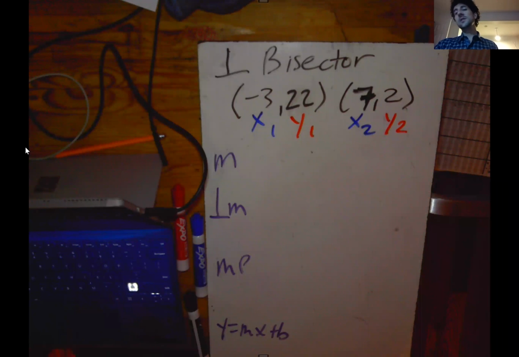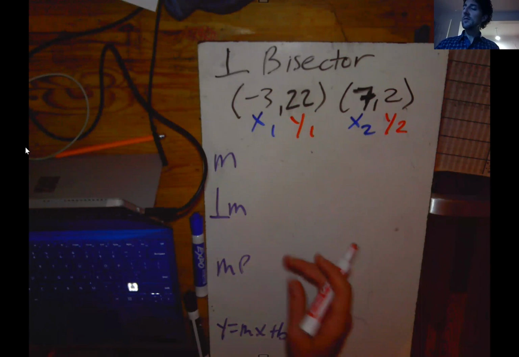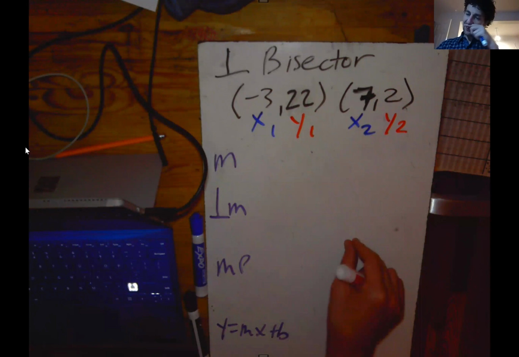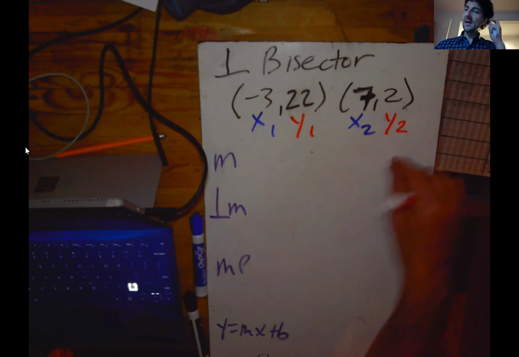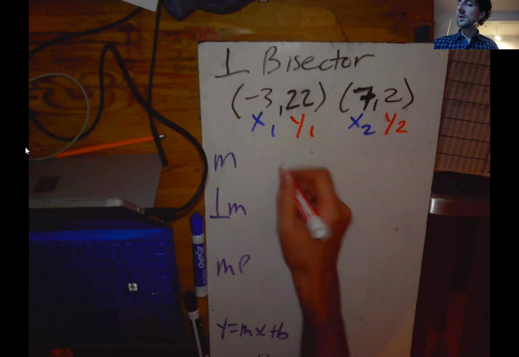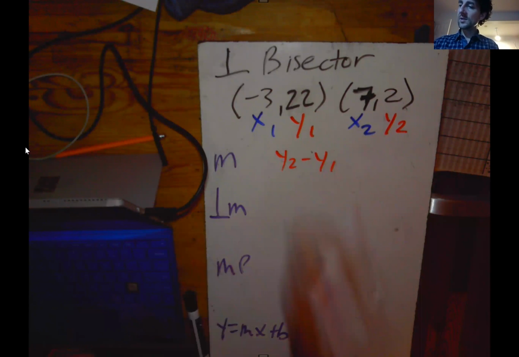So I actually made a mistake the last time I tried to make this video, and I caught my mistake because of the picture that I drew. So again, I need the slope of the line segment that I get needs to be negative, and then the slope of my perpendicular bisector needs to be positive based on my sketch. So to find the slope, the vertical change over the horizontal change,